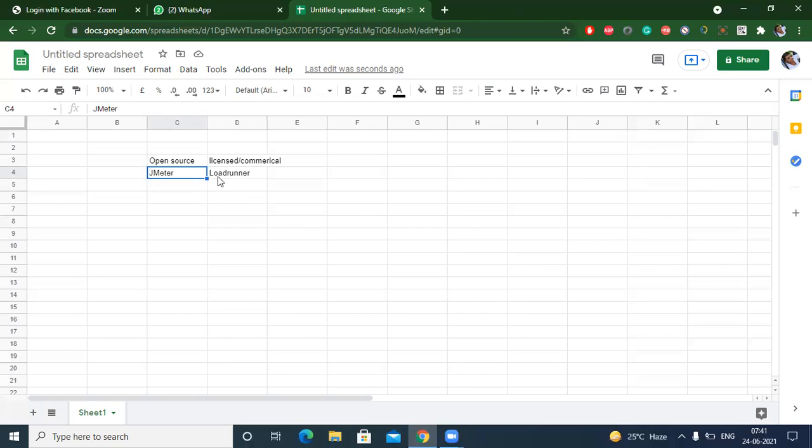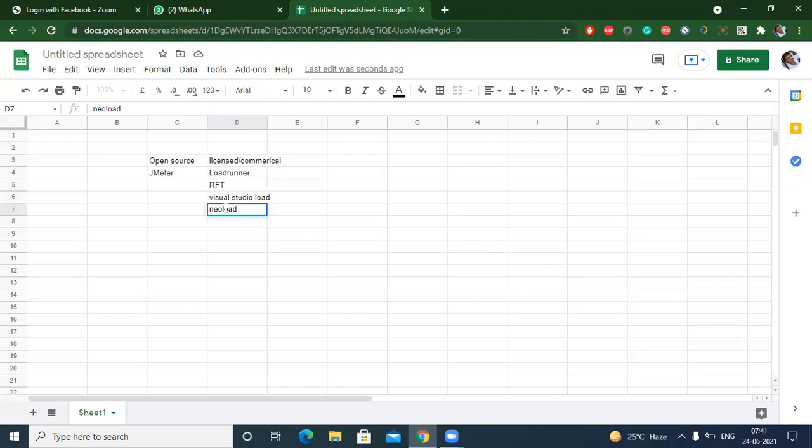Apart from this commercial tool, we have RFT, Rational Functional Tester, which is from IBM, and Visual Studio Load Test. We have some more tools like NeoLoad.